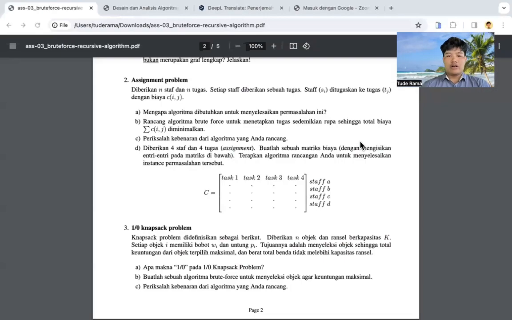Next, for staff and for tasks, make the cost matrix. We input the cost for every task and staff and prove it with my algorithm.